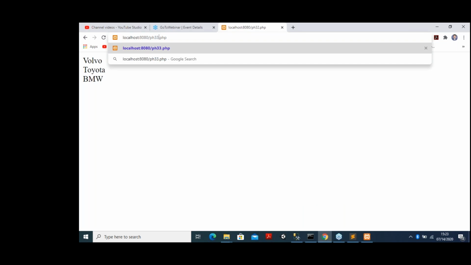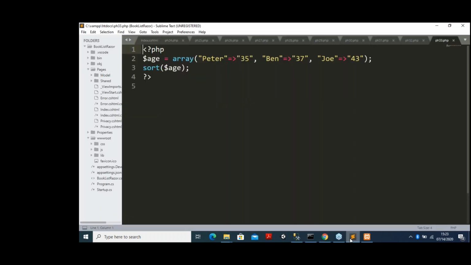Program 33: no output. Now somebody can explain why you are not getting an output. You have to use the same foreach that you have done previously. Those things you have to write. This is only a declared array. To get the output you have to use foreach and all those things. I think I have already given you the assignment to do all things. Try to do it yourself.